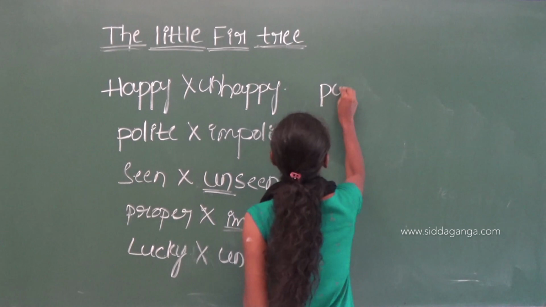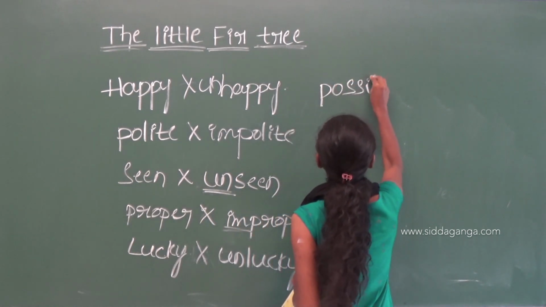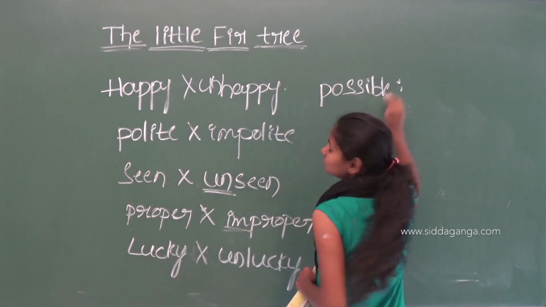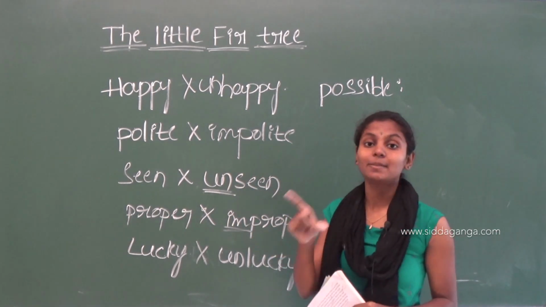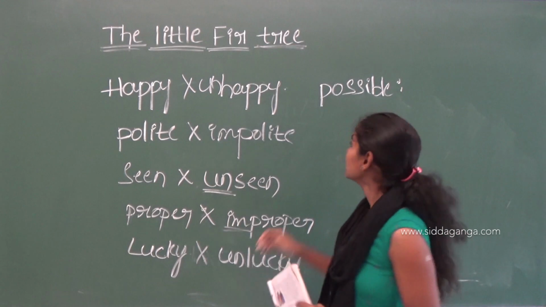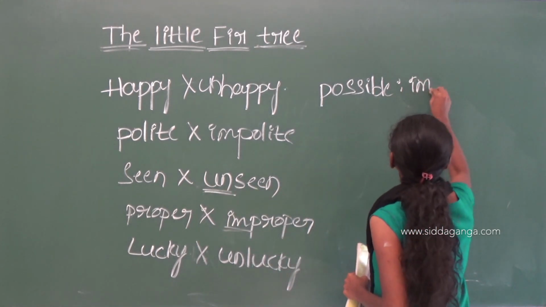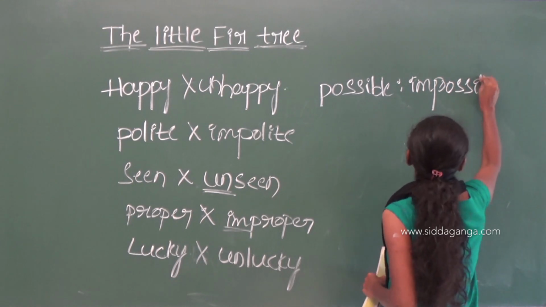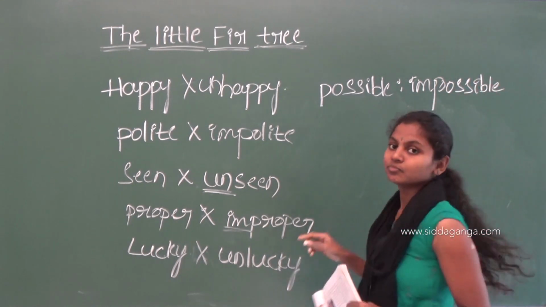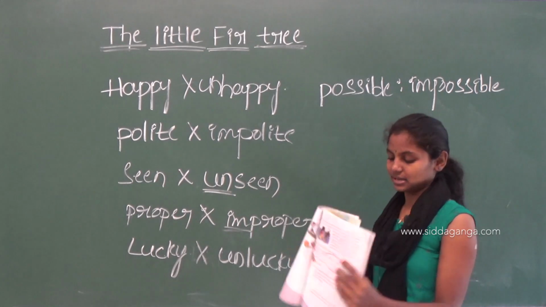What is the opposite word for the possible? That is impossible. Okay, you have to add the prefix im. That is impossible. And next,